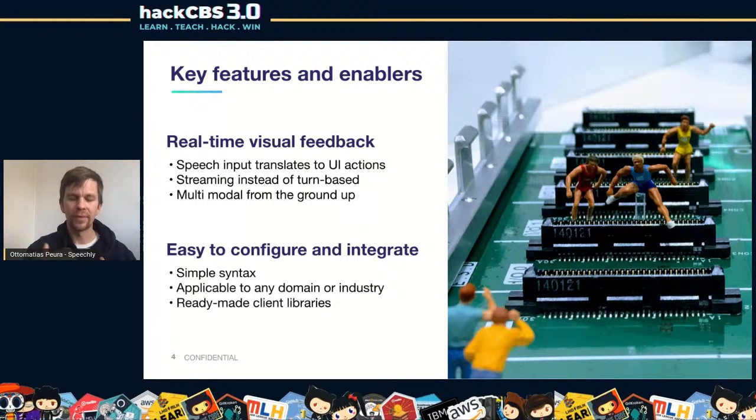So kind of like the key there, just like with human to human conversations, is that when we give this feedback, we're encouraged to go on, or it's easy for us to fix the problems that might happen. Speechly is built from the ground up to support this kind of multimodality, and on the other hand, we are real time, so that